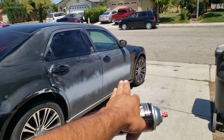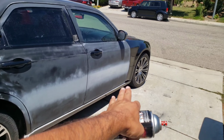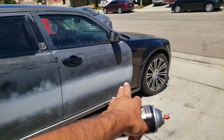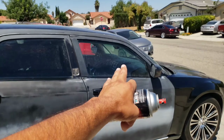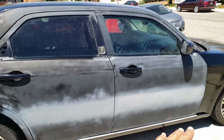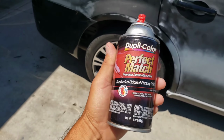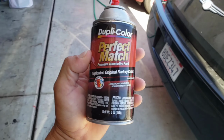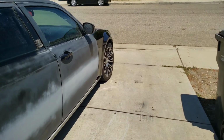I did add primer there because I had to sand down the, what's it called, the glue strip that was right here. Of course, you saw I already have that painted, but I'm gonna block everything down, sand it down with a block, and then tape everything off, and then start spraying it with the spray can,